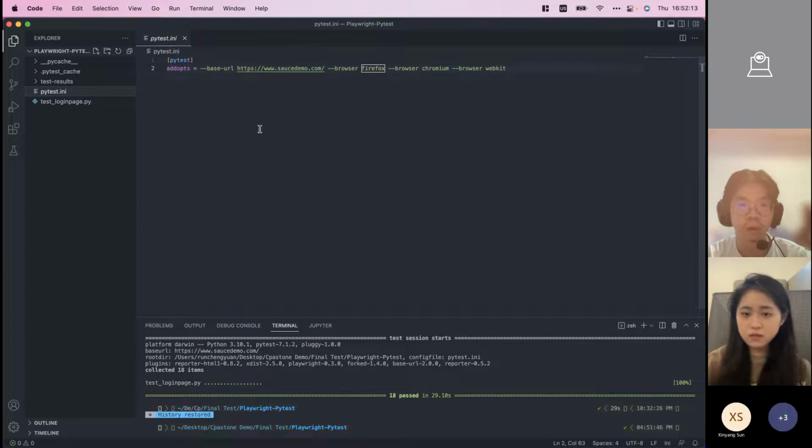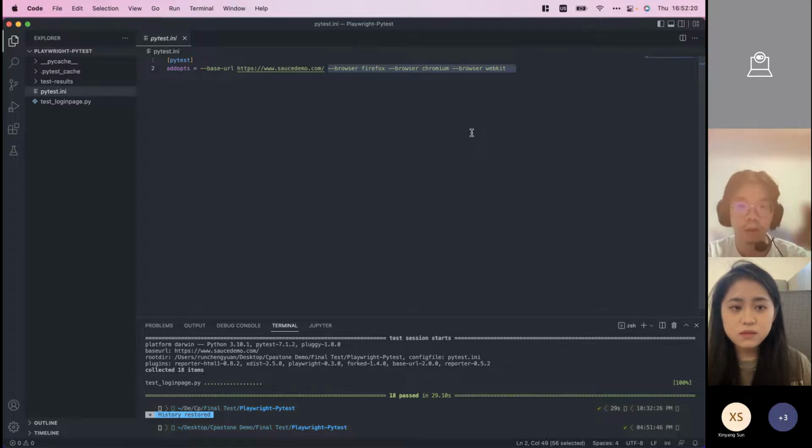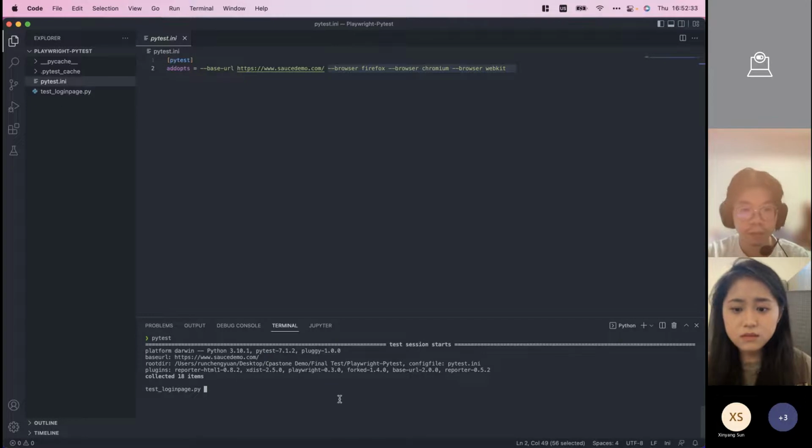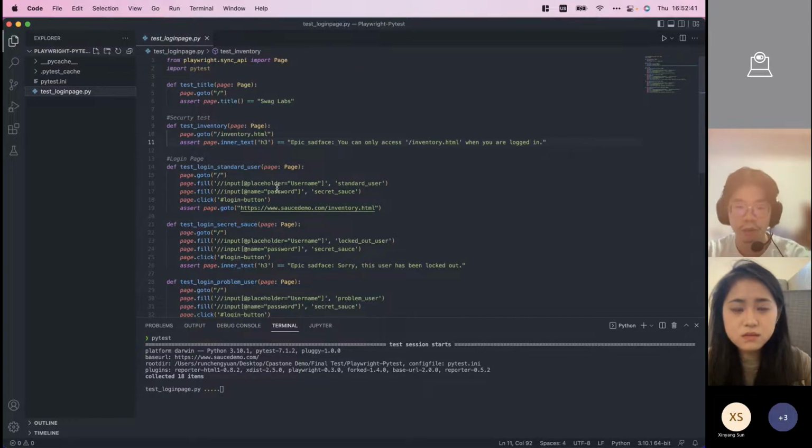So what I'm trying to do is the browser testing I mentioned before. You need to do it on different platforms: Firefox, Chromium, and WebKit. That means you can test these three different platforms at the same time. All we need to do is just run PyTest on our file, and it will collect our test cases. There were six behaviors, right? And they have to fit the different platforms. So there are 18. You just wait a little bit, and it will show some results.